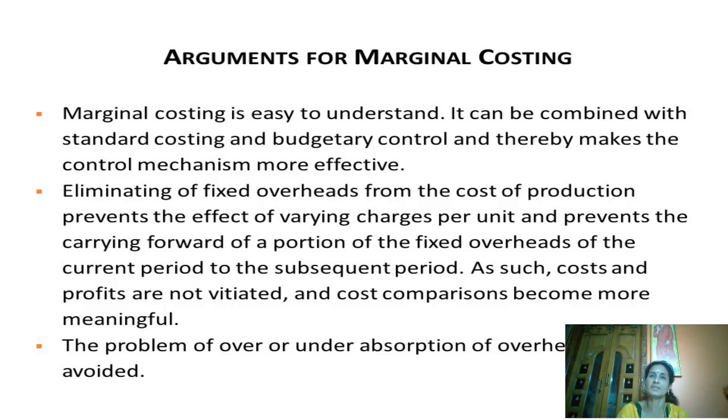In absorption costing everything is taken into consideration, variable cost and fixed cost, right from the prime cost and factory cost; all the costs are taken into consideration. Whereas in marginal costing, fixed overheads are taken only after the cost of production. Till the cost of production, fixed overheads are not taken into consideration. Hence, there won't be under absorption or over absorption in closing stock. So it will give an accurate figure. Regarding the stock, there won't be any over or under absorption. This happens only in absorption costing. So marginal costing becomes quite easier.